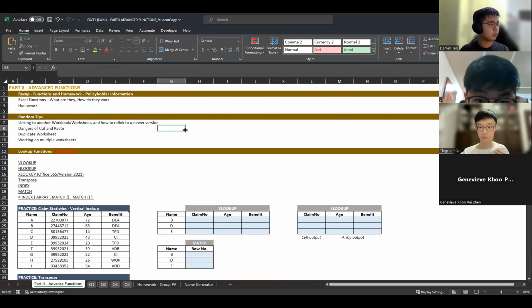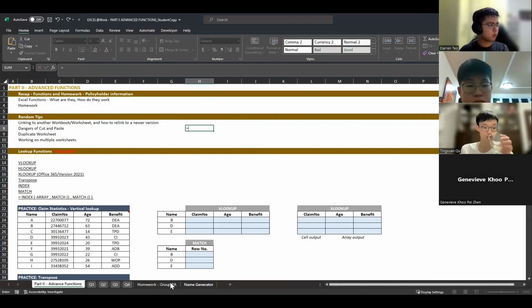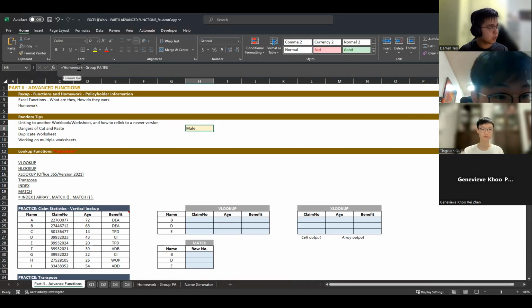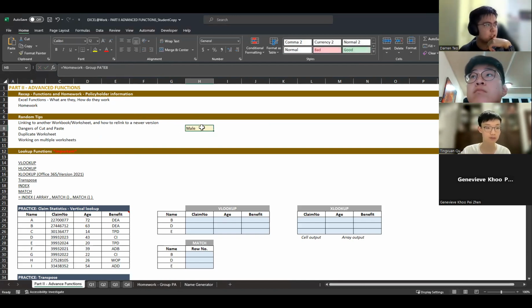Sometimes you like to reference other different workbooks. For example, over here, if I put an equal sign and then go to another worksheet and click on this, it references that worksheet. This implies I'm going to this particular worksheet, and then to cell E8 in it. So this is how we actually name the cell. This is important when we talk about INDIRECT and ADDRESS later, but it is something to take note of.